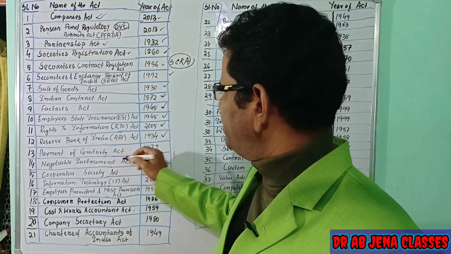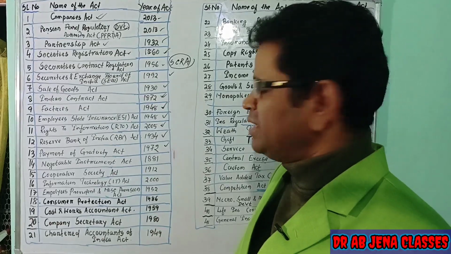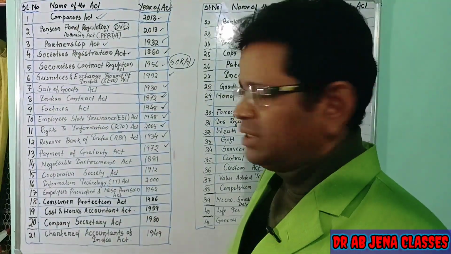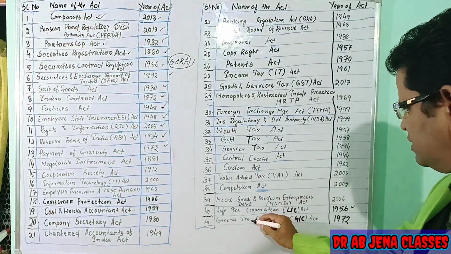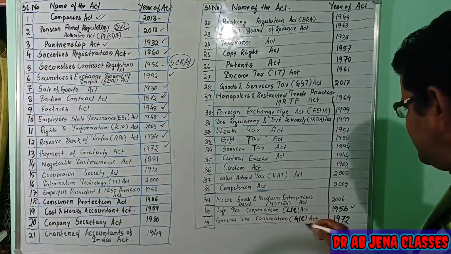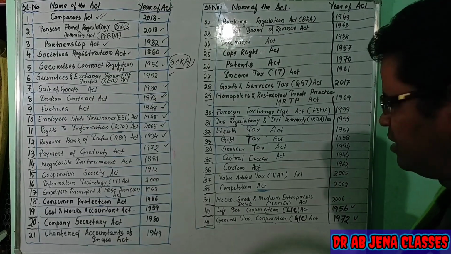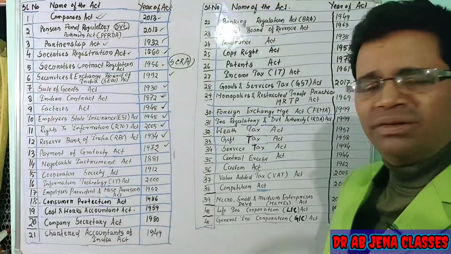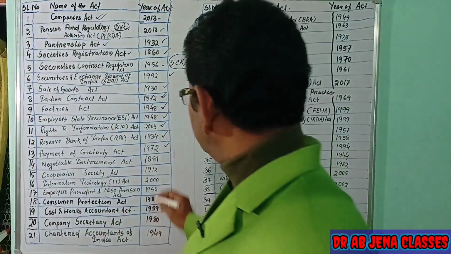Next one is the Payment of Gratuity Act. Gratuity Act, it's 1972. Okay, so dear friends, easily we can remember. So again the General Insurance Corporation GIC Act is also in 1972. Easily you can remember in the year 1972 there are two important acts. So next